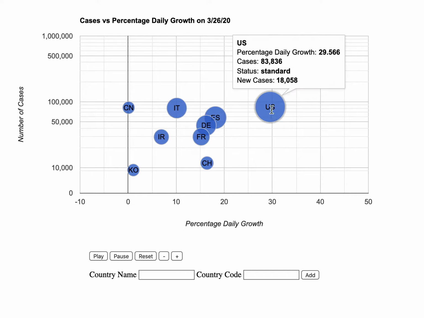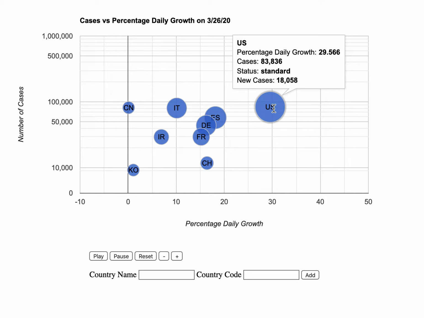What we have right now is the US is starting to catch up at this point. Okay, so we're looking at the very last days of March. We already know we have an explosion in New York State, and we're seeing percentage growth that is still very high. If you look at the percentage here, that's 29.58%. That means you're adding in a third as much as what you've seen right now every single day when you're at this level. So states like California, like Washington, like New York have already imposed social distancing,